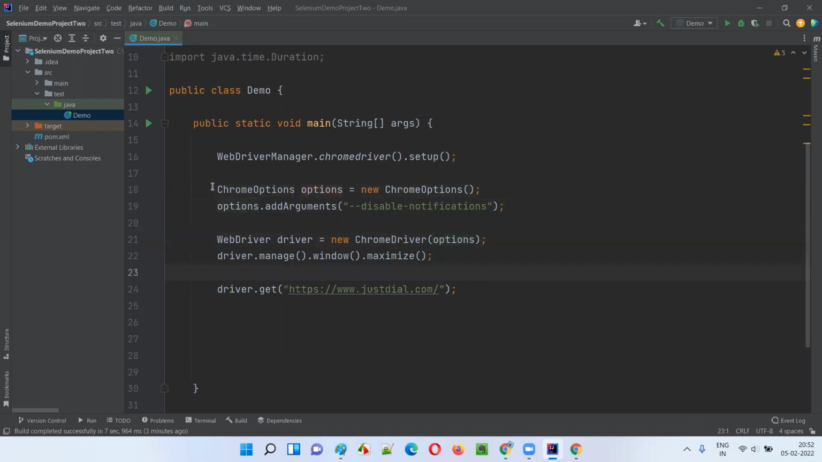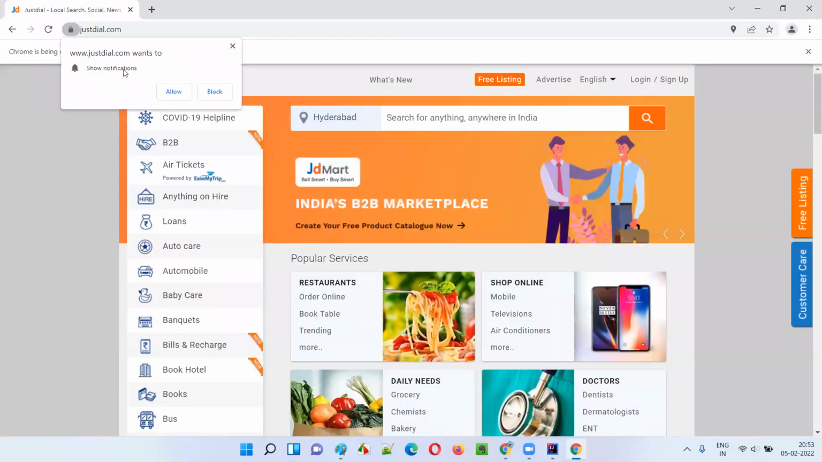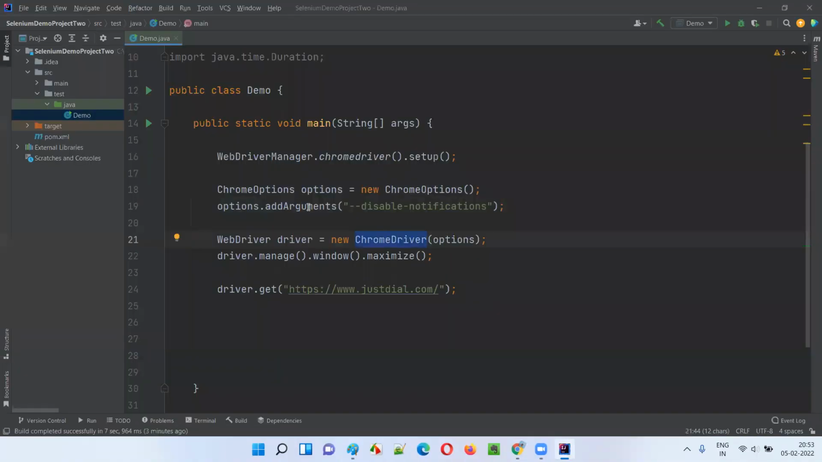Otherwise, there is no use of writing these two lines. If you don't pass these options here in the constructor, these settings will not be applied in the opened Chrome browser. That's the problem. So earlier, when I ran the automation code, we got this web push notification. But this time, when I disable the notifications and pass these options, for which the disable notifications argument has been set, into the Chrome driver constructor,